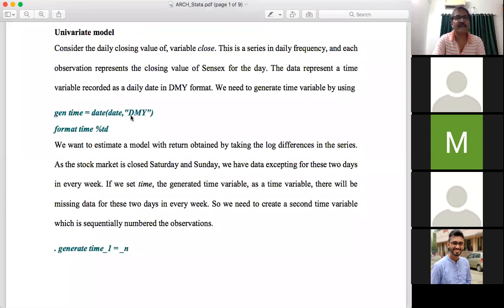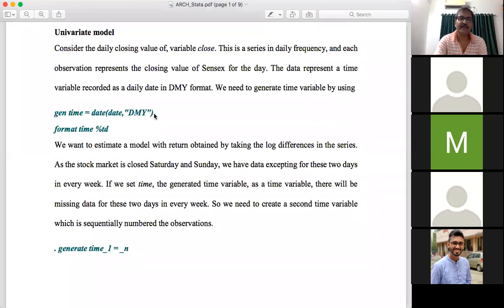DMY means the date variable originally given to you in this format, day, month, year. So first one is the date, second one is the month, third one is the year. So as the data is given in this format, you have to mention the format given to you. So first execute this command, g time is equal to date within bracket, date comma within double inverted comma DMY, bracket close.